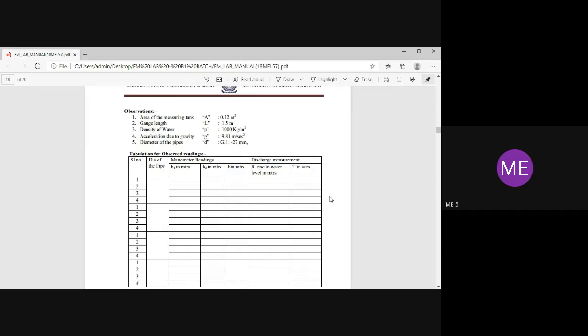Suppose if you have the record directly, you can do it there only, so that you can save time and submit directly to the Google Classroom instead of writing in the sheet and then copying. Suppose if you have finished up to major losses, you can directly enter this one.